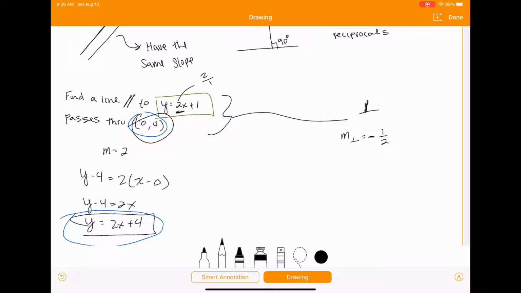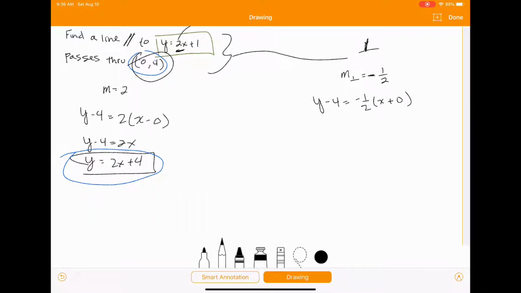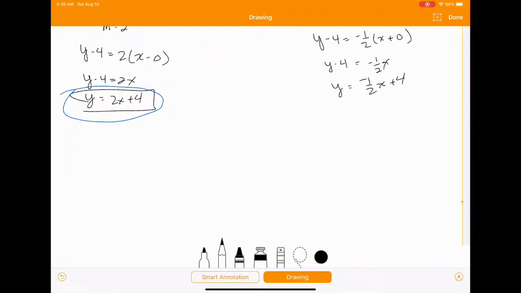And then again, we've got this point as well. So y minus 4 equals -1/2 x plus 0. And so then we just solve that out. Y minus 4 equals -1/2 x, y equals -1/2 x plus 4. Now if we go ahead and we graph these,